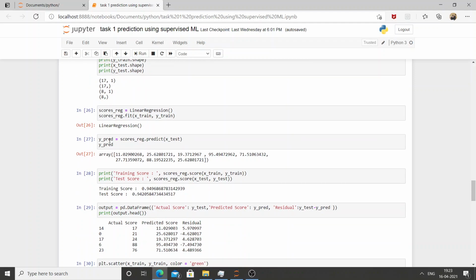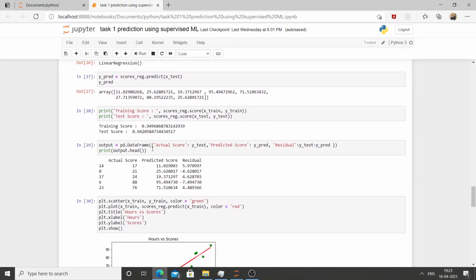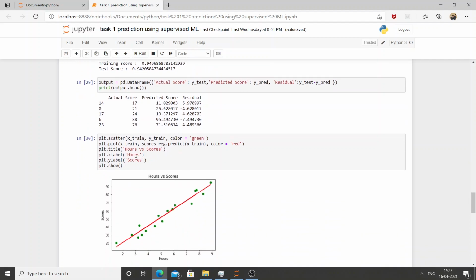Linear regression and Y prediction are also defined using this function, and the training score is present between X train and Y train, and the test score is present between X test and Y test.